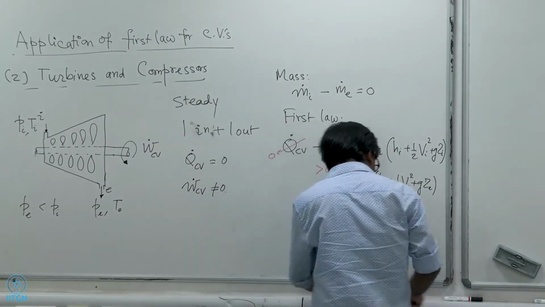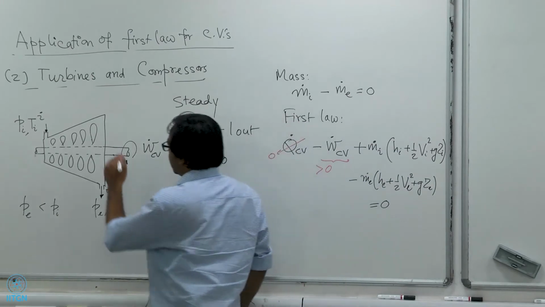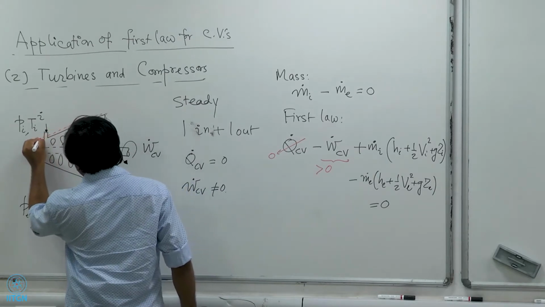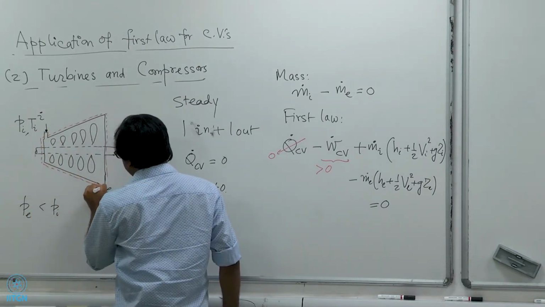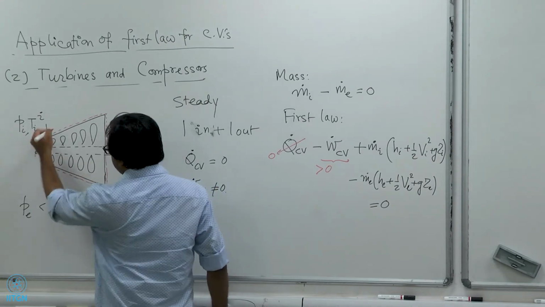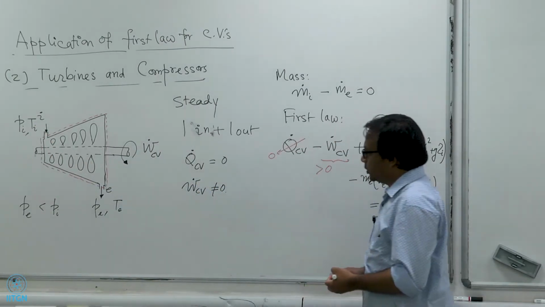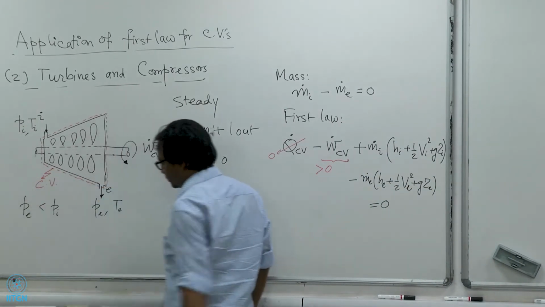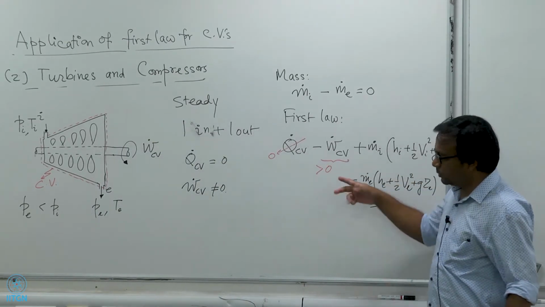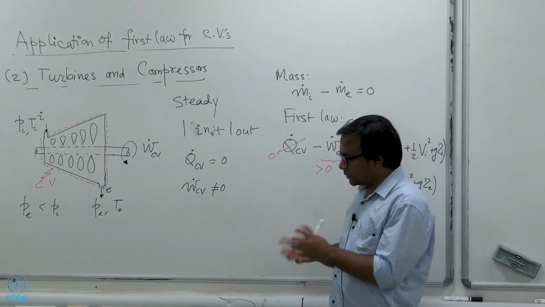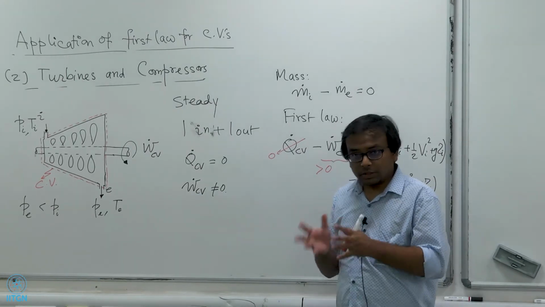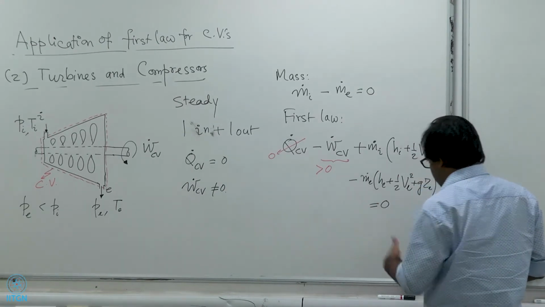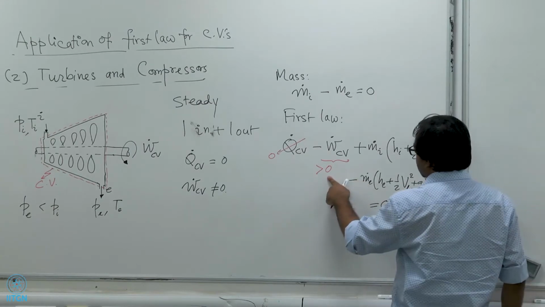We know that w dot is larger than 0, because in this case you are getting work output from the control volume. Let me also take this opportunity to tell you that we choose the turbine as the control volume. Okay. So this is the exit, this is the inlet. This red dotted line that I have drawn here is the control volume. The control volume is giving you work output because it is rotating the shaft, which is the turbine rotating the shaft and generating electricity. So you are getting work output, so this is more than 0.